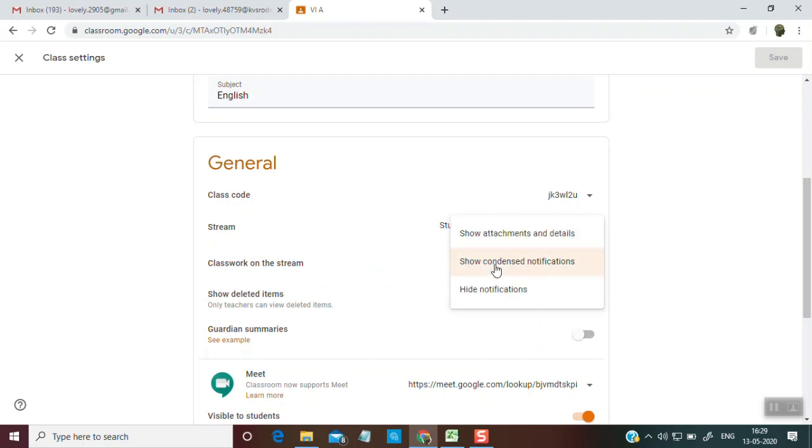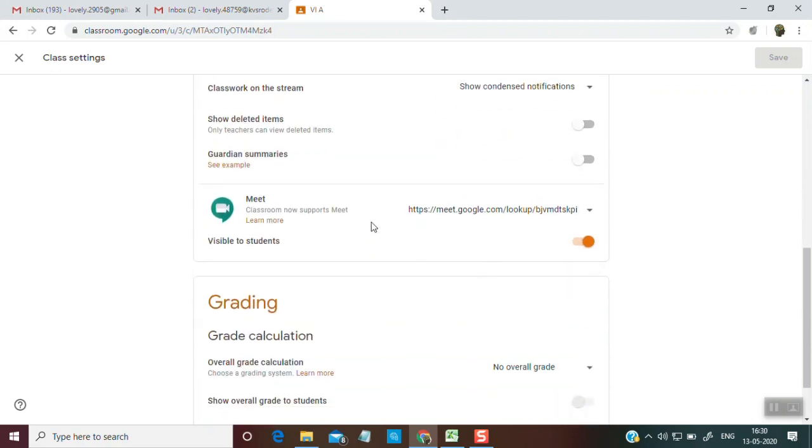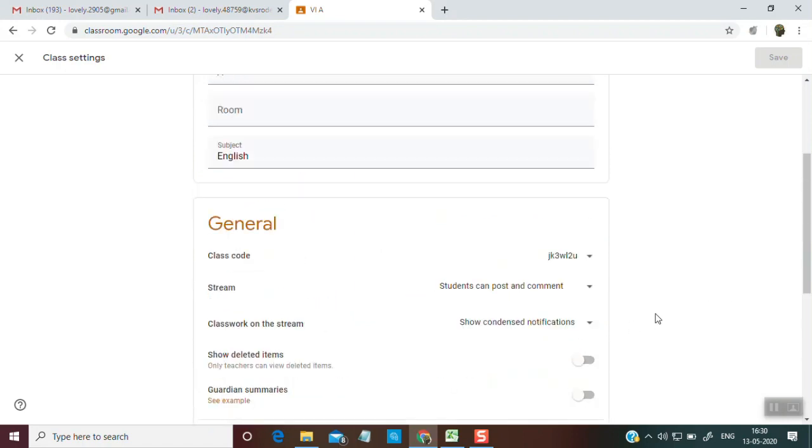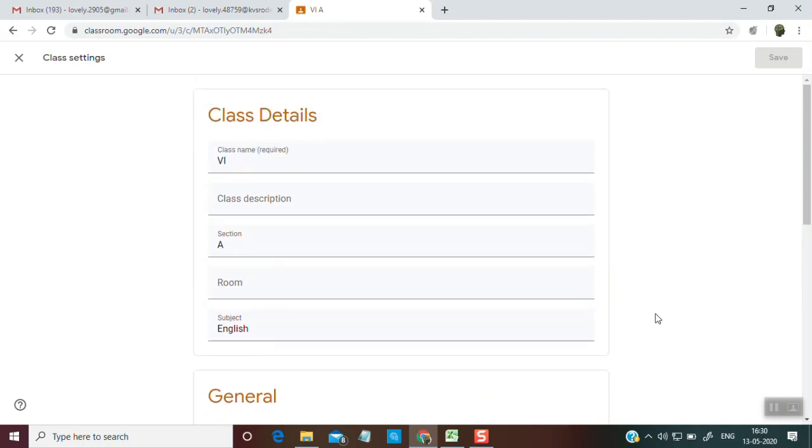For classwork on the stream, there are three options: you can hide notifications, and show attachment details, whatever they are sending. And there are some options like Google Meet links, and then grading, where it asks what you want: total points, weighted points, or overall grading. Then grade categories can be added from here. So this is the page where you can change the settings.